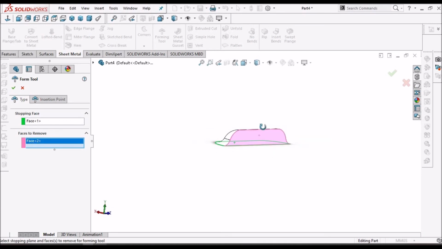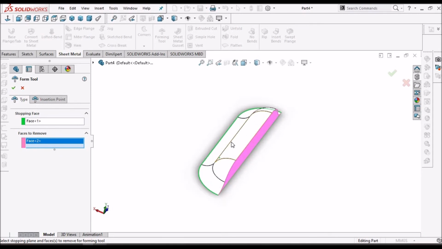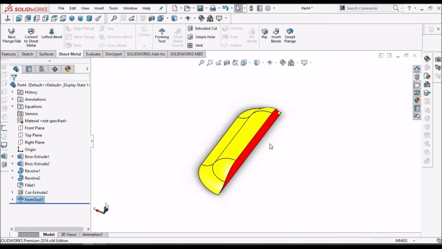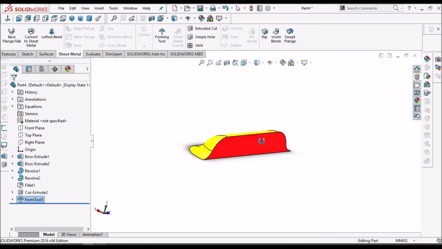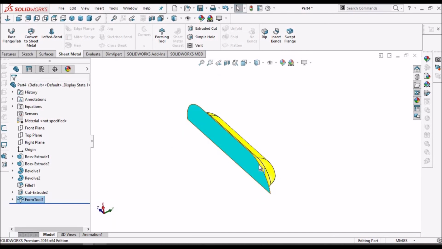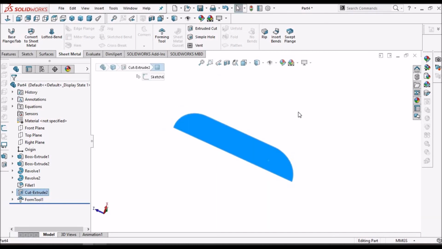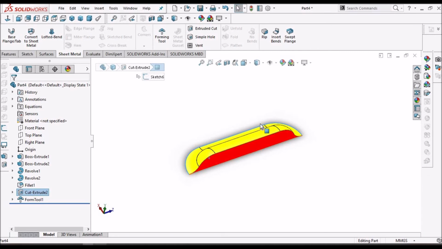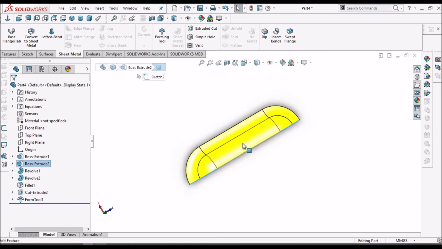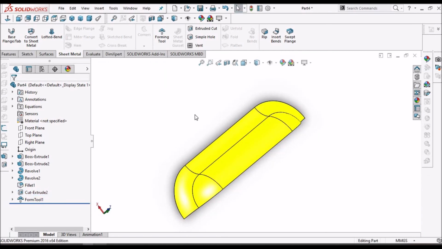So shearing operation or cutting operation takes place. Say OK. So this automatically converts to different colors. See, this is stopping area, this is cutting area, cutting face, and this is forming face.